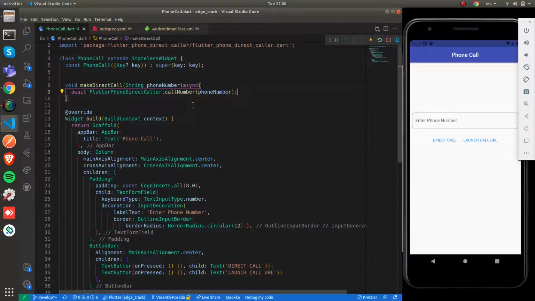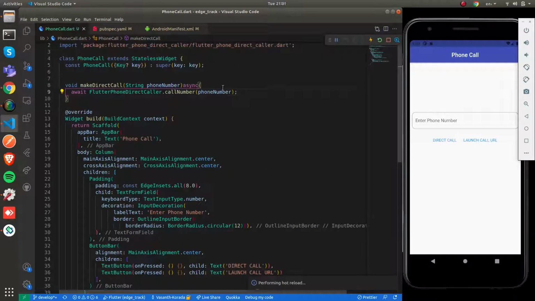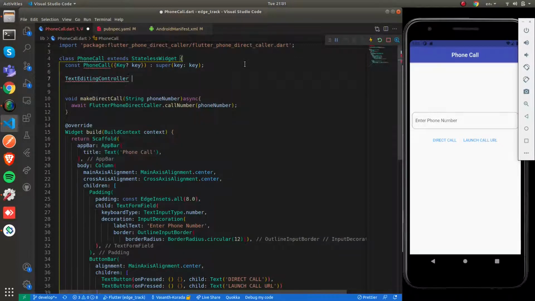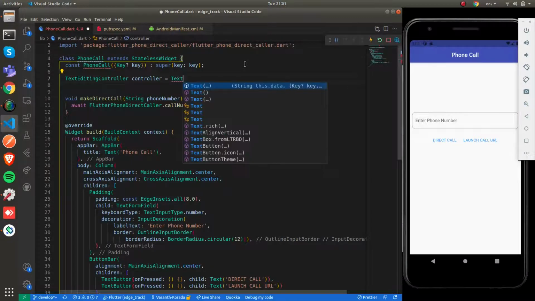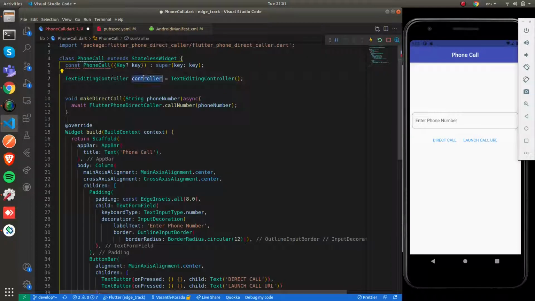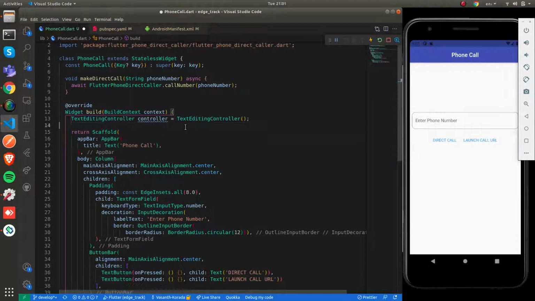Now let's test this. Before this, we need to get the text entered by the user in the text field. For that I am going to create a TextEditingController. This is a stateful widget, so you can create it here.